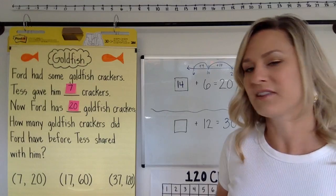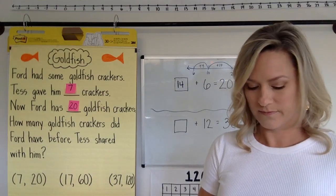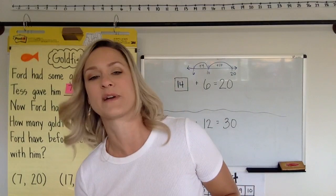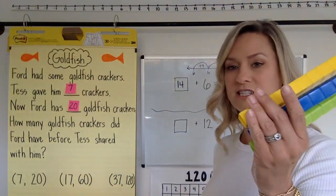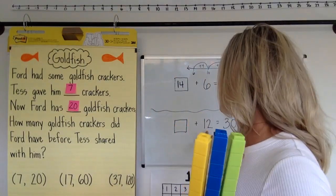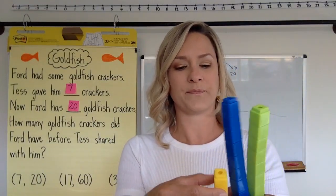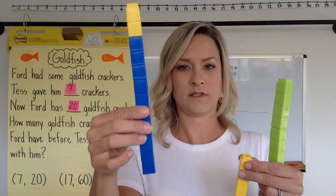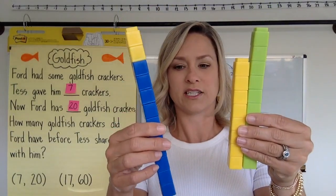All right, so let's check out the second one. What plus 12 makes 30? All right, so now don't forget, you can use math tools like pasta, rocks, whatever. Legos, that's a great math tool. Most people have Legos. So what plus 12 makes 30? So now I have 30 math tools. And this time I have to think about what number plus 12. So maybe I'll turn one of these guys into 12. And then I'll figure out what the other number would be. So I have